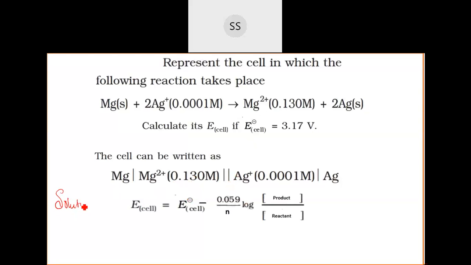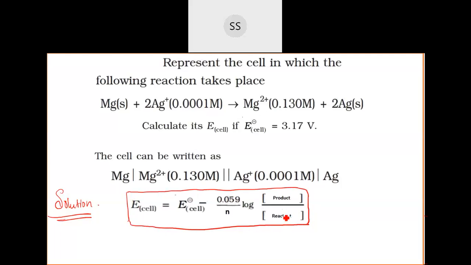When you start the solution, first you write the equation because that will fetch you 1 mark. So here you will get 1 mark. If the problem is out of 3 marks, you will get 1 mark here for writing it correctly. Okay, so here, no, cell representation only if they ask you.